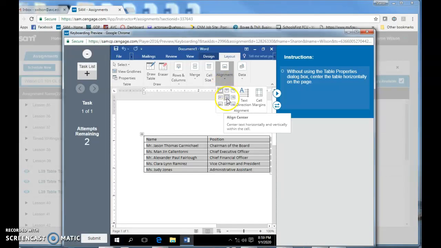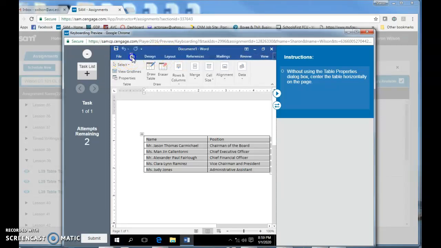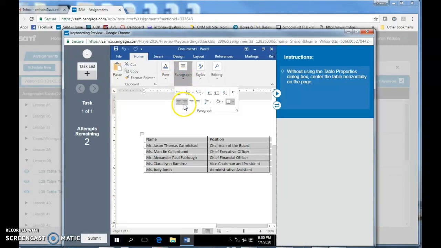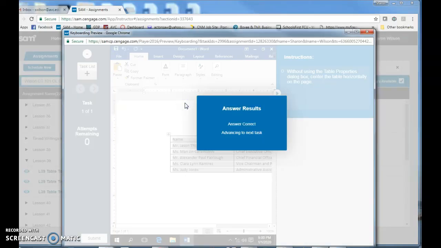you're going to probably try for this Align Center. It's not what you want. You want to go to the Home tab, okay, and you want to go to your alignment, which is this one, and click on Center. All right, so don't get those